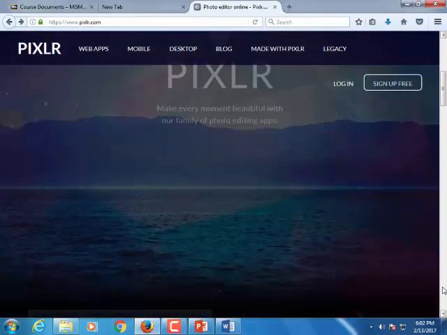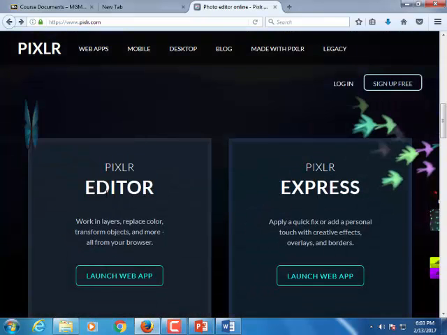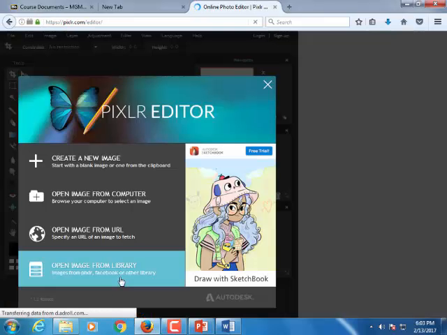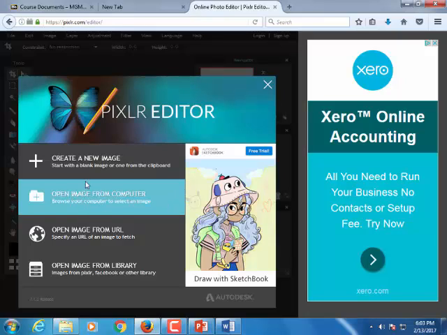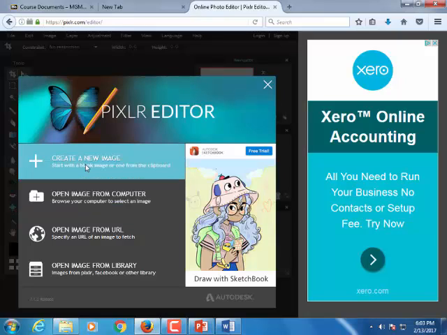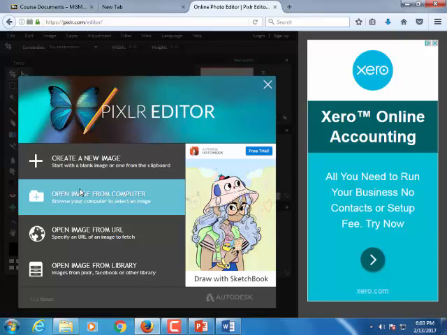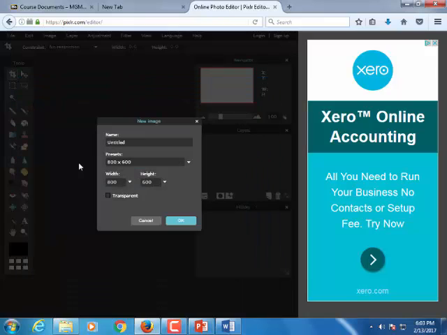If you scroll down slightly, you'll get to a place where it says Pixlr Editor. You're going to click on Launch Web App from there, and then depending on what you want to do, you can either create a new image or open one from your computer if you've already been working on it and saved it earlier. So if I create a new image now,